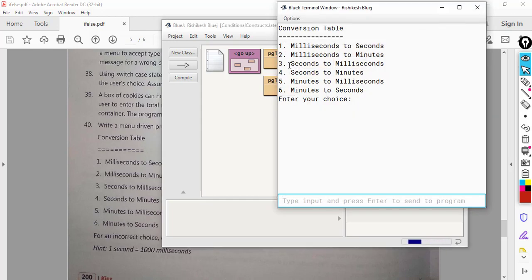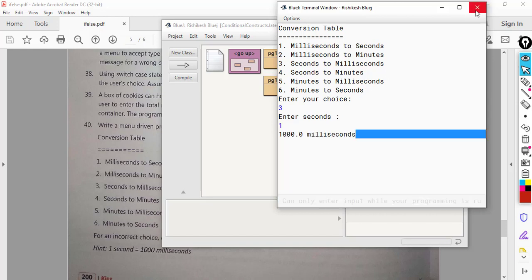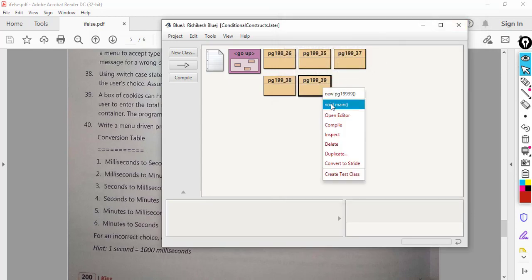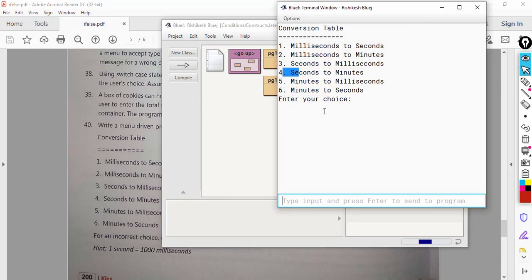Next, we'll choose the third option, and this time we'll convert seconds to milliseconds. If I enter 1, I should get 1000 milliseconds. Then next, let's test the fourth one, seconds to minutes. Let's enter 60 seconds.